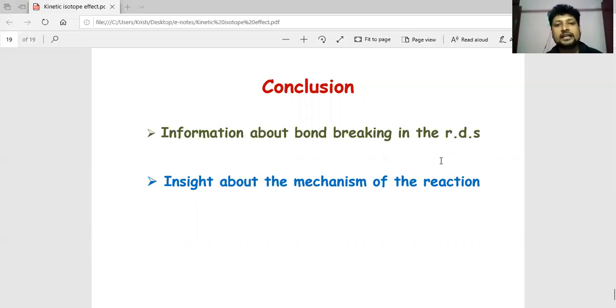Since secondary kinetic isotope effect is out of syllabus, we are not discussing it here. If you have any query, any problem, you're welcome to ask me. Please go through the textbook. I know this is not sufficient. This is just a guideline. And go through the last few years' CU question papers so you can understand what type of questions are asked during the exam. Thank you.